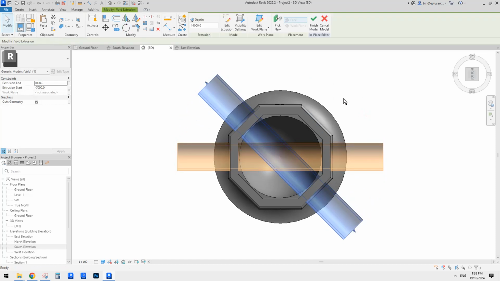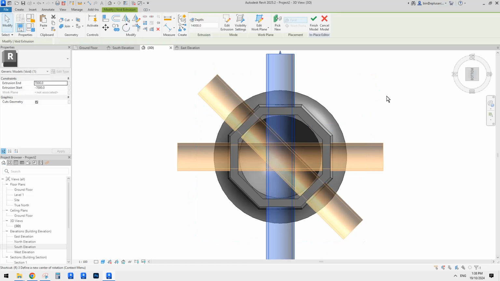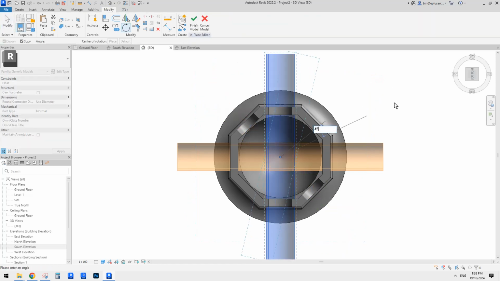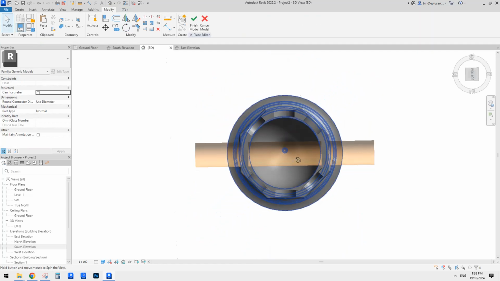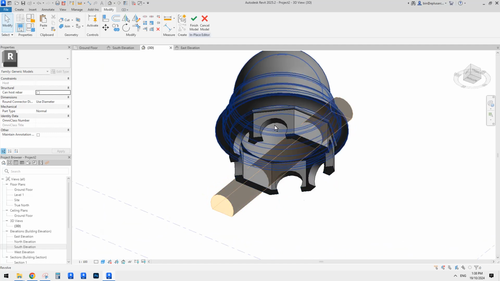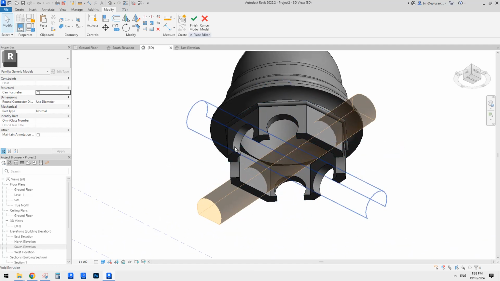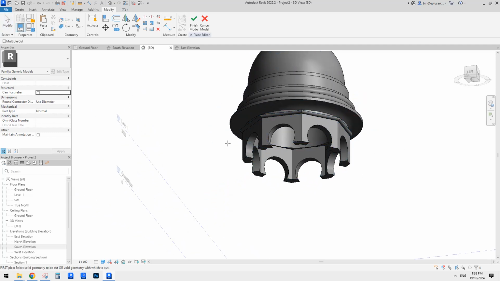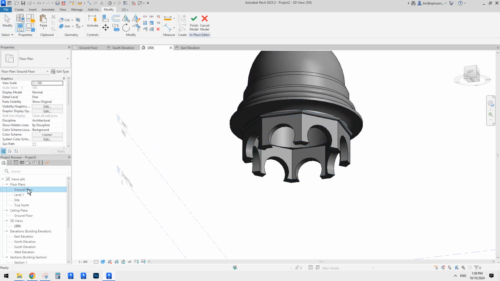So copy this, do it again, 45, do it again, 45, right? So we have all the voids, and all three are automatically cutting the solid, but not this one. That's fine. Cut geometry, and that's all. So now we have this,